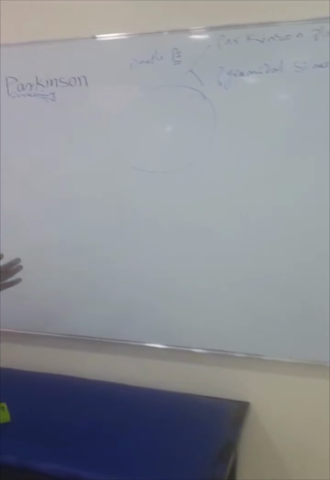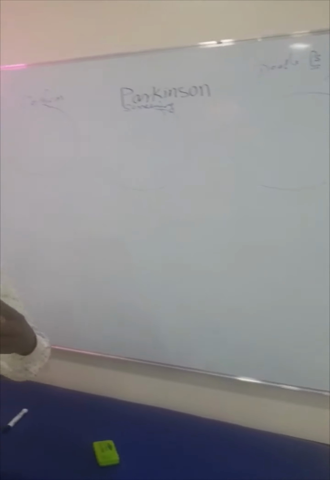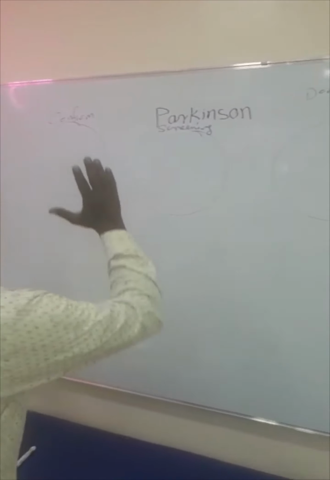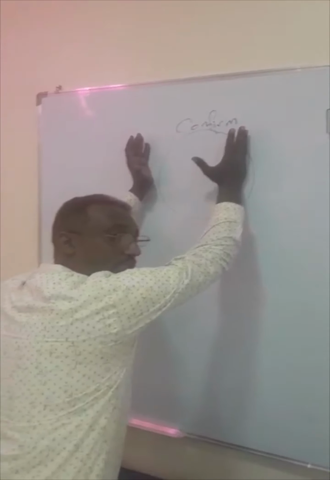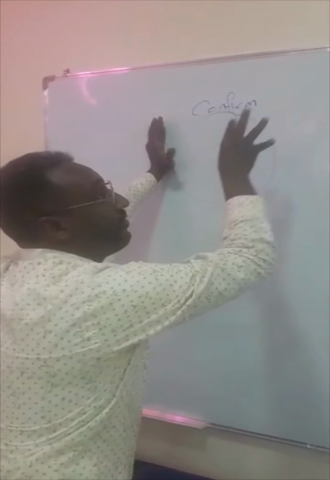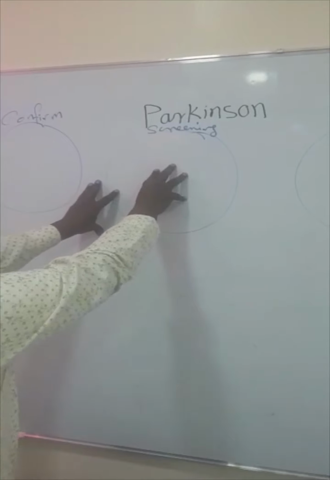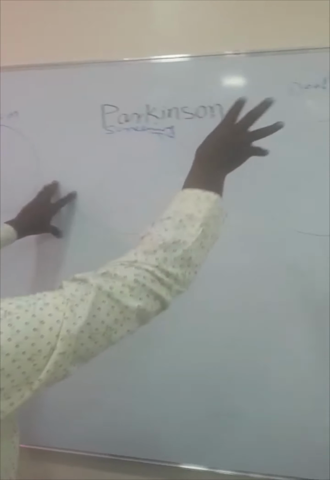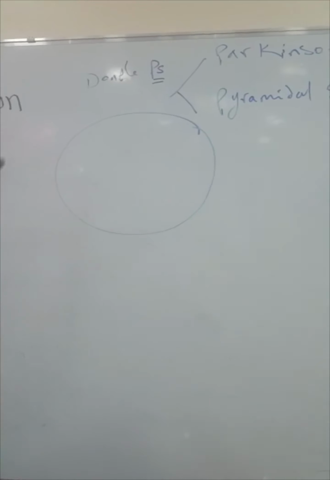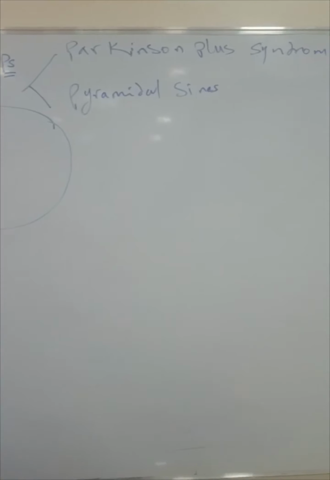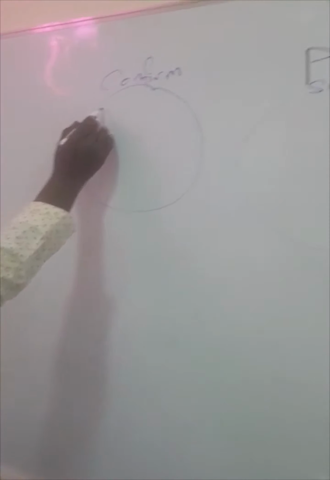Then here what you will do, divide this Parkinson disease into 3 types. The patient in front of me is Parkinson, but I don't know how to approach him. I will divide him: number 1, confirm this Parkinson disease. Then after that, go to the second step, which is screening. The third step, rule out double B, which is Parkinson plus syndromes and pyramidal signs. How to confirm Parkinson? By the following: